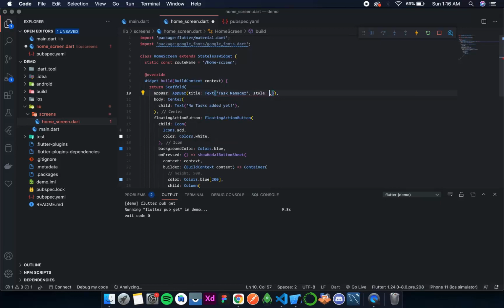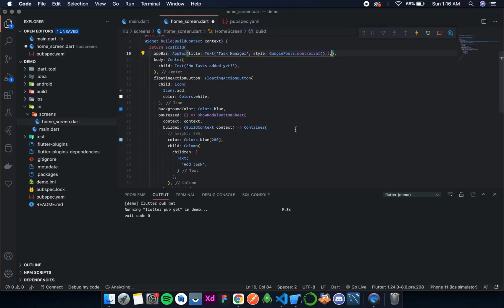Now in style we simply write Google Fonts dot Montserrat. So now since we don't have any configuration to add inside, we'll leave it like this, formatted.